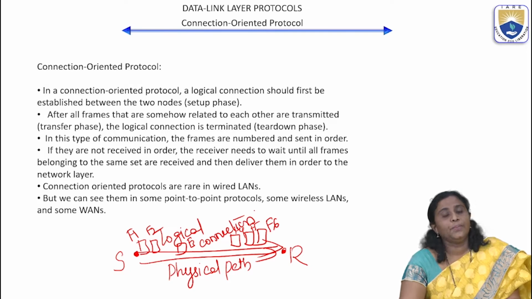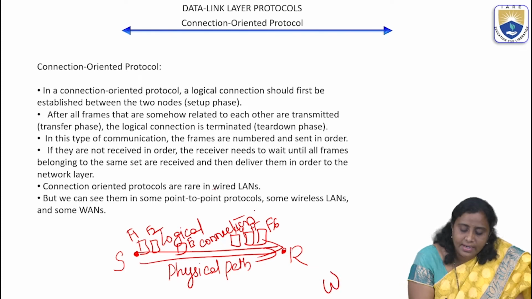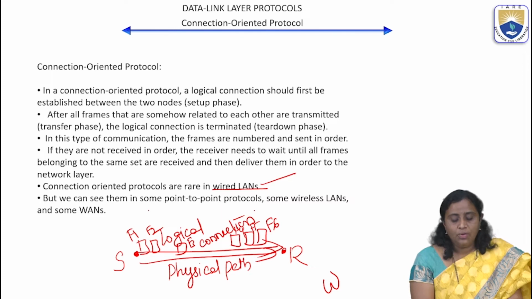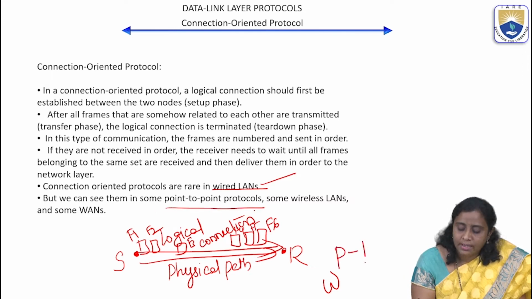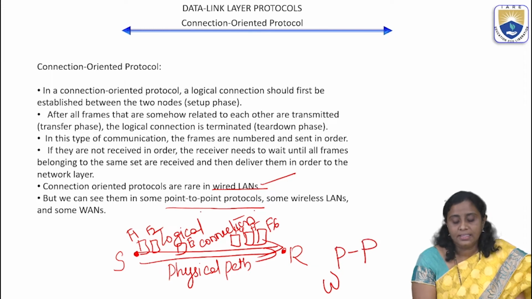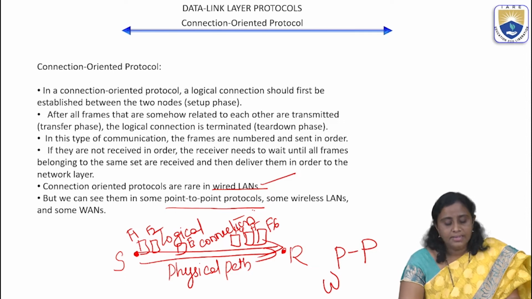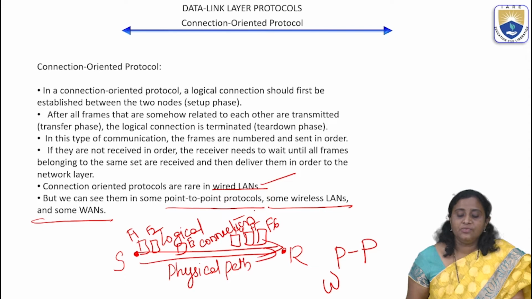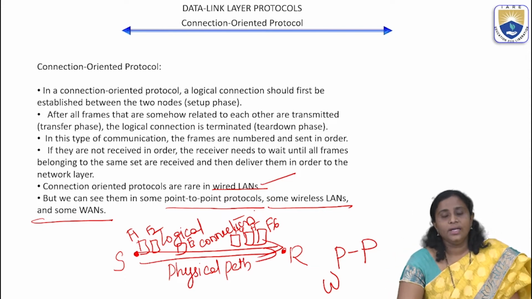And connection-oriented protocols we identify under wide LANs. Wide LANs are an example of connection-oriented protocols. But we also see them in some P2P protocols like point-to-point protocols, and in some wireless LANs and some WANs also. Mainly, the main difference between connection-oriented and connectionless protocols is that in connection-oriented, a physical path or a logical connection